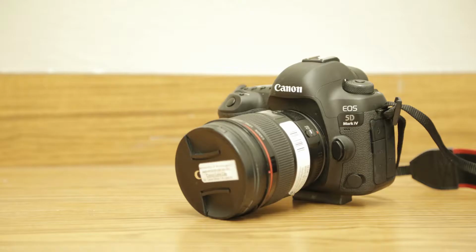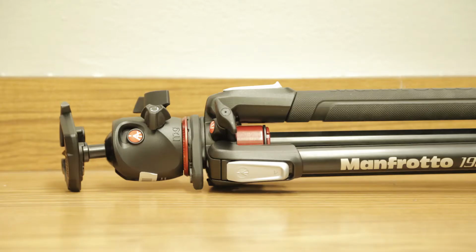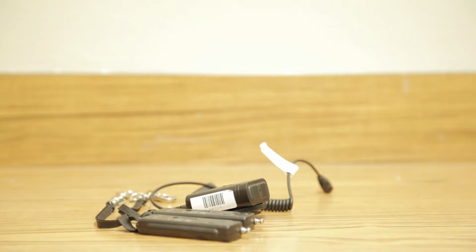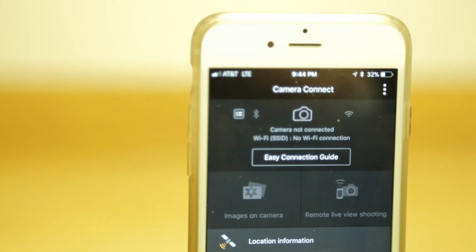First, let's review the equipment we need in order to take a long exposure photograph. We need a camera, a tripod, an ND filter, a shutter remote, or a smartphone with the Canon Connect app. However, before carrying heavy equipment to the location, we will better learn about the weather. A non-rainy day is essential, and it will be perfect if the sky has few clouds moving quickly.